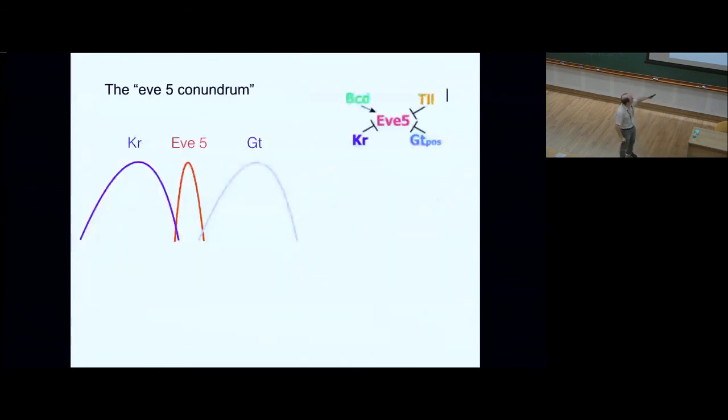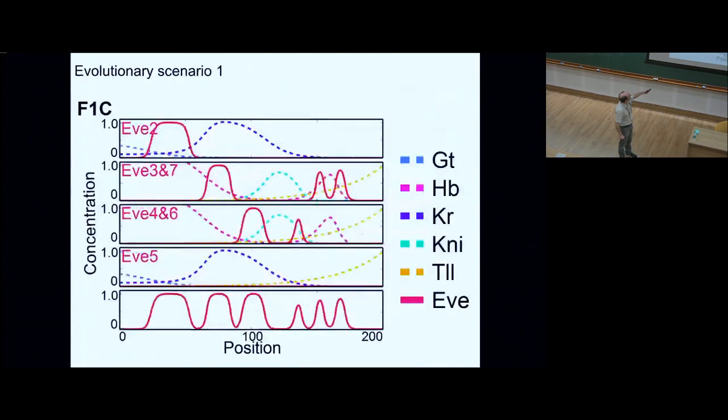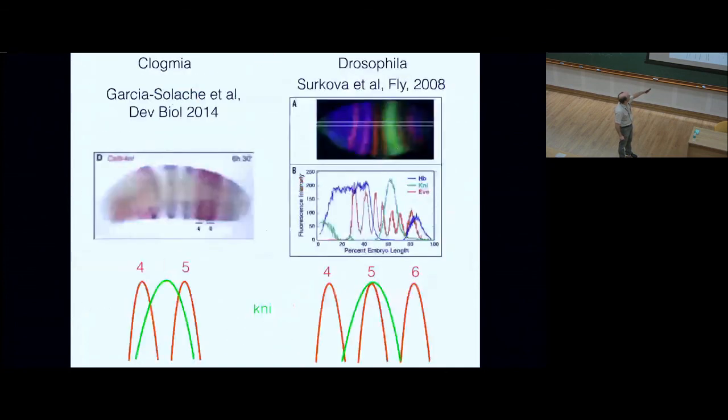One thing we did, I have one slide of prediction versus data. In a nutshell, we look at the fly segmentation network, and we looked at the mosquito that has a different phenotype, and we try to infer the mosquito segmentation network first. And then once we infer it, we try to see what the intermediate species is and predict an intermediate species between fly and mosquito.